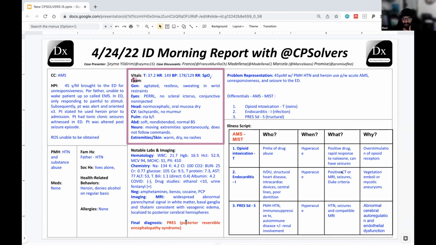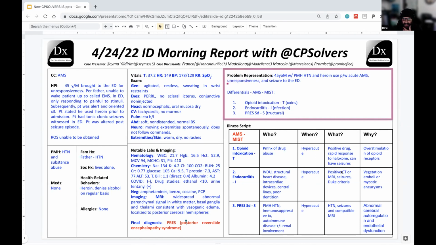It wasn't clear when we put the case together, but I assume that's usually one of the protocols in the beginning. But the blood pressure was very high, as you see here, 178 over 129. And then there's another angle, that this PRES meanwhile was going on. And we were just commenting in the chat, like, what exactly is the etiology? I don't think the pathomechanism is known well, but there's always this association or constellation of signs and symptoms. And specifically this imaging finding that Shema described and Promise had walked us through, which highlights this case of PRES